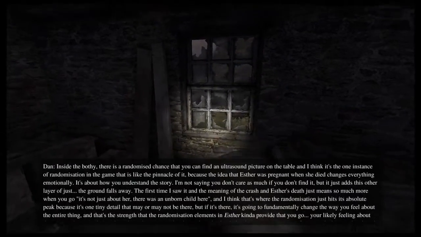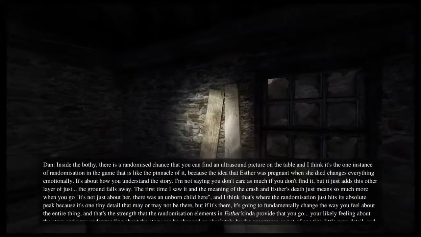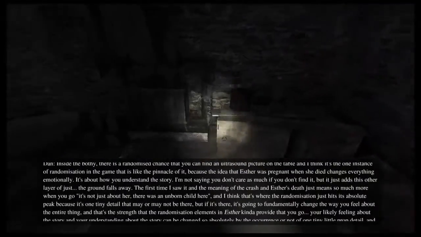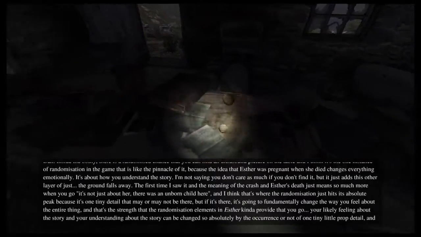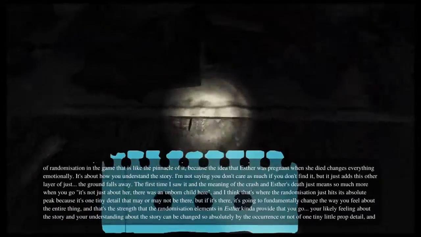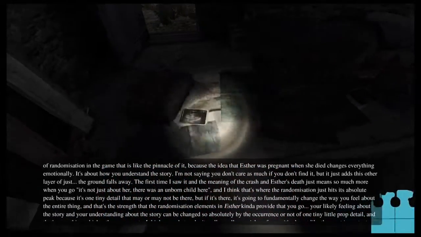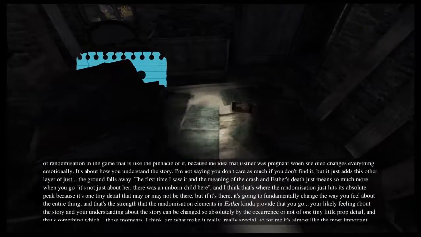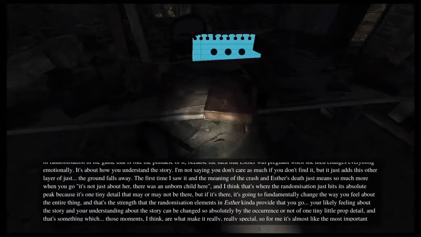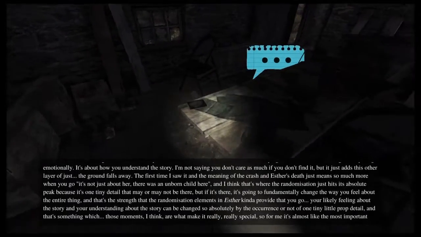Inside the bothy, there is a randomised chance that you can find an ultrasound picture on the table, and I think it's the one instance of randomisation in the game that is the pinnacle of it, because the idea that Esther was pregnant when she died changes everything emotionally about how you understand the story. And not to say that you don't care as much if you don't find it, but it just adds this other layer of just the ground falls away from him the first time I saw it,